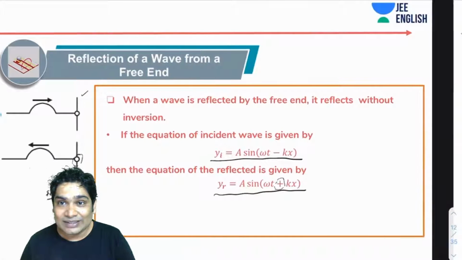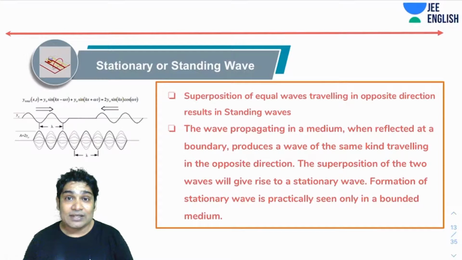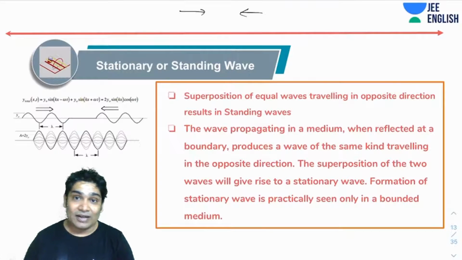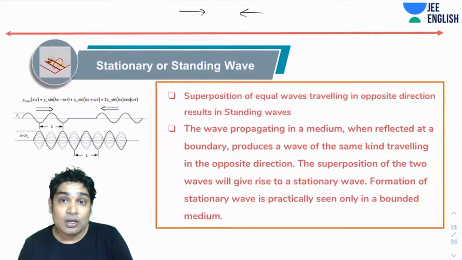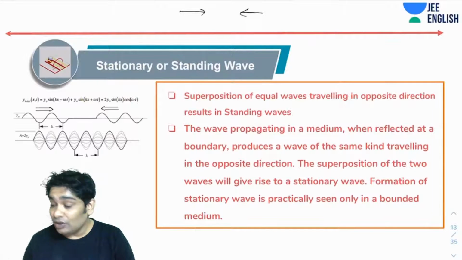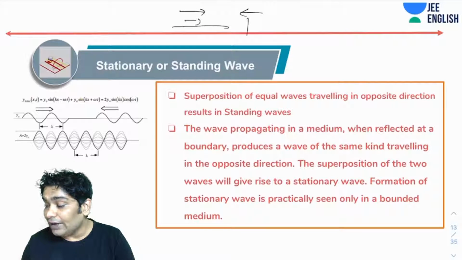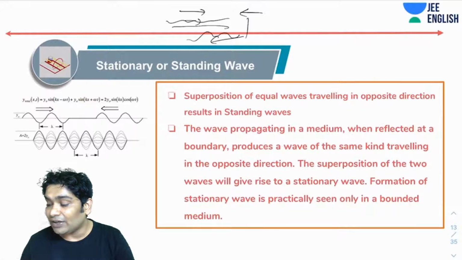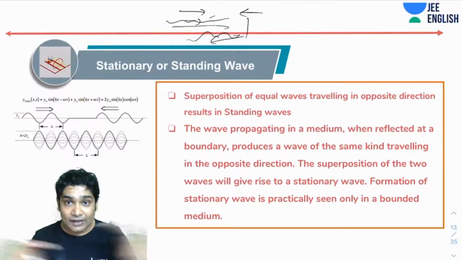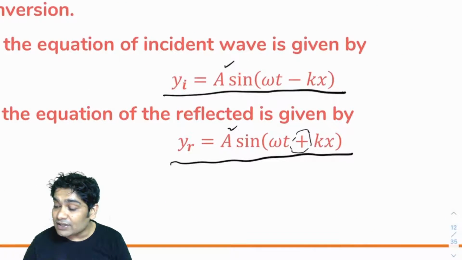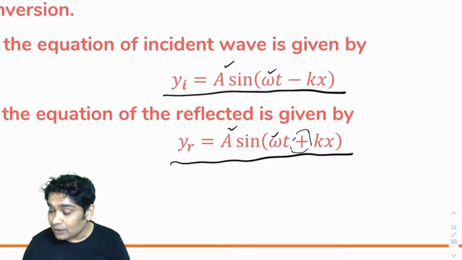All right, so this is what is happening. Standing waves are formed when two equal waves traveling in opposite directions superimpose. So how do you produce two equal waves traveling in opposite directions? The easiest way practically is to send a wave through a medium and let it get reflected from a boundary. You keep sending waves and you keep getting reflected waves, so these will be two equal waves traveling in opposite directions. You can see this from these equations also: the reflected wave and the incident wave have the same amplitude, same omega, same wavelength. They are equal waves, but traveling in opposite directions.